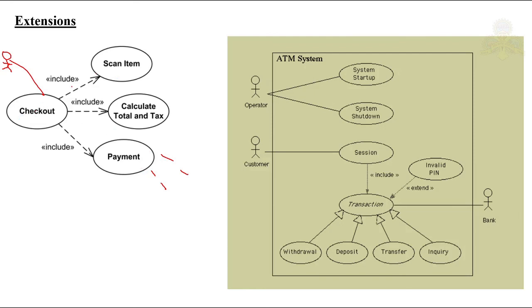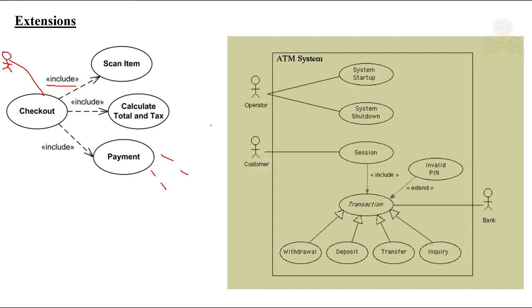While checkout is a functionality, the checkout will include different use cases. So instead of writing all the use cases in one, we will split them. You have to note that we mark them as an include relationship, and you represent them with a dashed line with an open arrow, and that particular line should have the word include written on it.